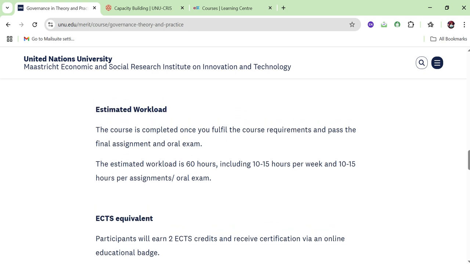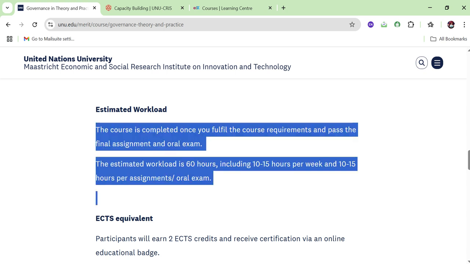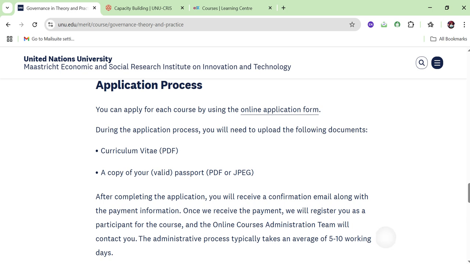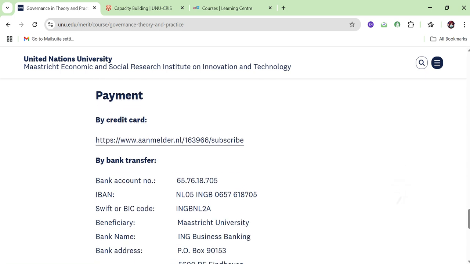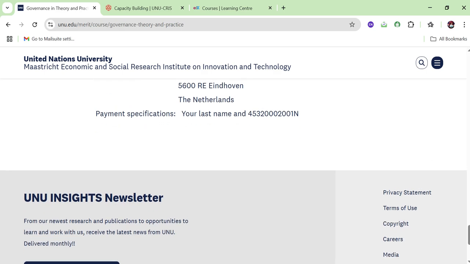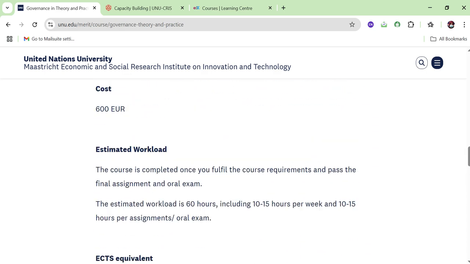And they also mentioned the estimated workload for each course, and the duration and application process as well, that you have to upload your CV and passport copy in the form of image like PNG or JPG. The payment method they also mentioned, like how you can do the payment for each course. So these are some of the